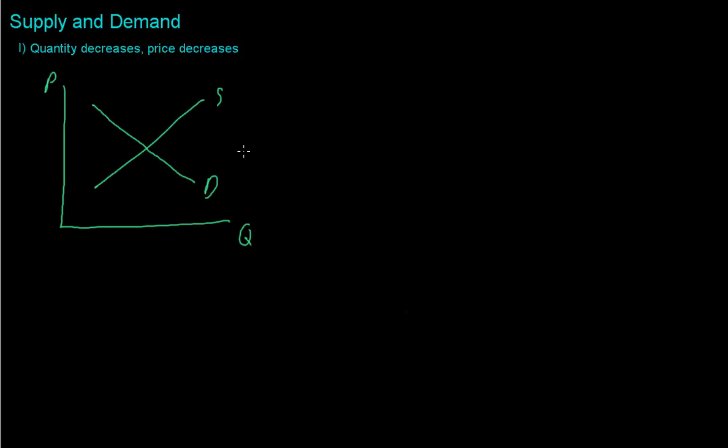What would cause quantity to decrease and price to decrease in the supply and demand model? The thing that will do this is a decrease in demand. So if demand goes from this green line, which I've labeled D, to this red line, which I'll label D